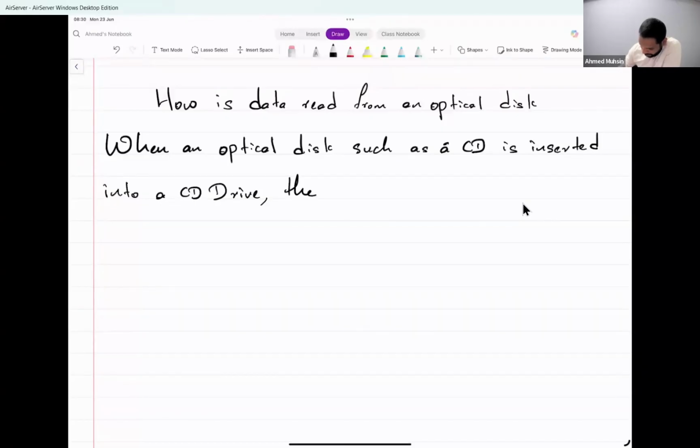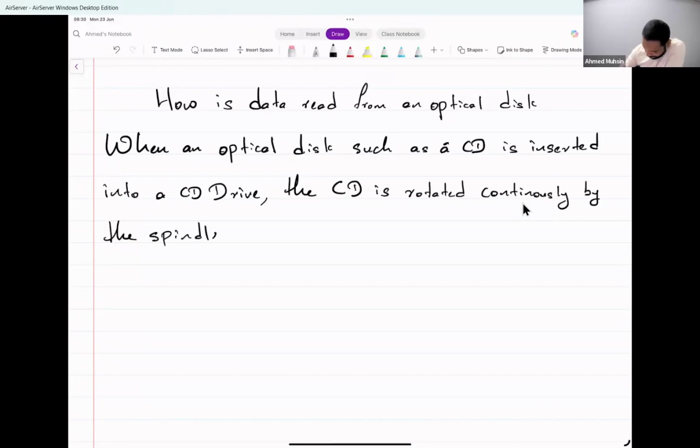The CD is rotated continuously by the spindle in the CD drive. The spindle will keep rotating your CD here. It will keep moving it very smoothly. As it is being rotated,